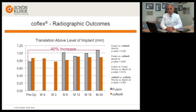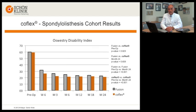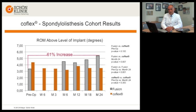If we specifically look at the subgroup of patients suffering from a degenerative spondylolisthesis of grade 1, the clinical results were identical as compared to those patients without this spondylolisthesis. And if we look at the radiological results, interestingly, there was also in the fusion group a 61% increase of range of motion in the neighboring segment, whereas in the Coflex group there were no changes of range of motion